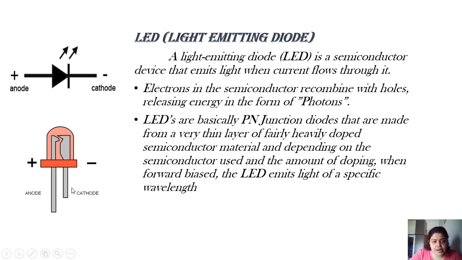I think in the practical session, I have shown you how an LED looks. This is just the basic construction of an LED, which has basically two layers. This smaller cross-sectional area is the anode. You can also relate it with the longer leg. And this larger cross-sectional area is the cathode, that is the N-type material. Why is the N-type larger? Because it has more electrons, and this has a shorter leg.